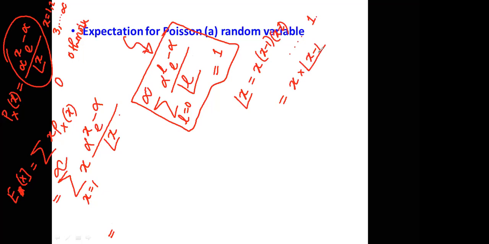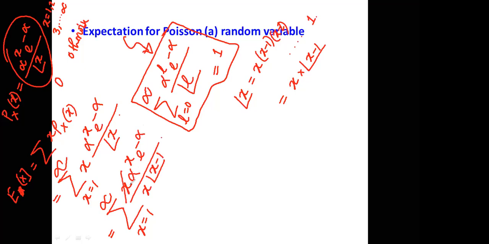So we can put it here, and then write it as x alpha to the power x e to the power minus alpha divided by x into factorial x minus 1. And we can easily cancel it, and then we can write summation x equals 1 to infinity alpha to the power x e to the power minus alpha divided by